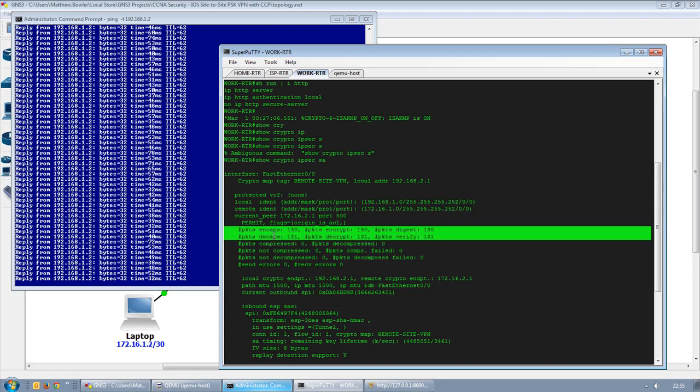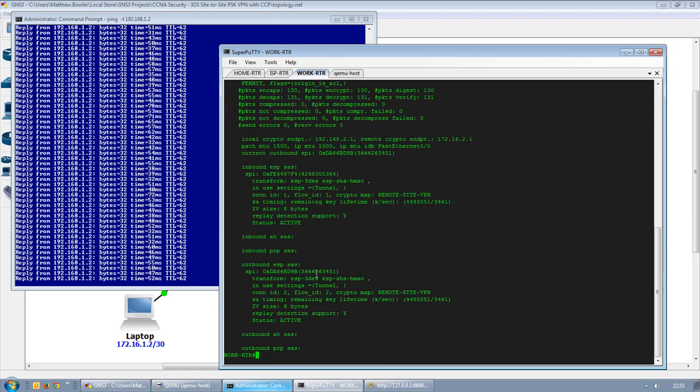And again, we're seeing the packet encaps, encrypts, and decaps and decryptions. We can also get a little bit more information about the specific settings of the tunnel itself. You can see the transform set here that applies. And these are active. So our tunnel is up